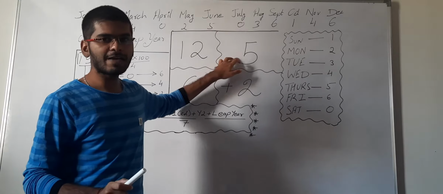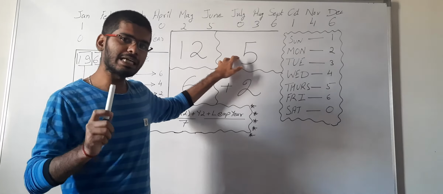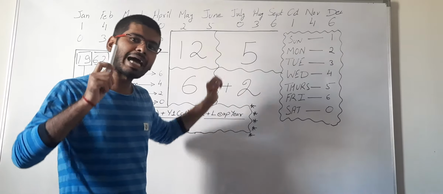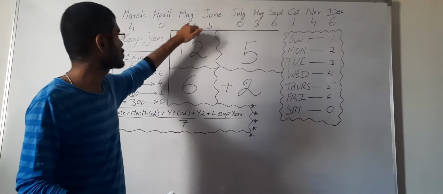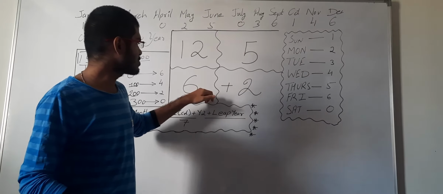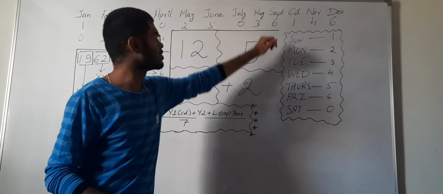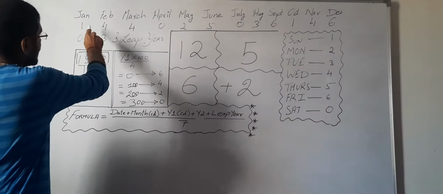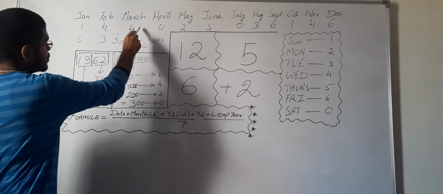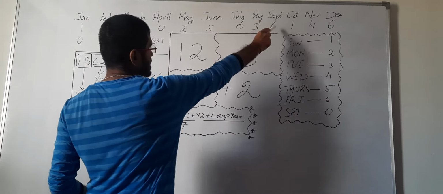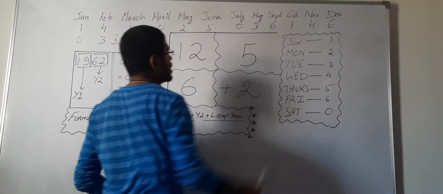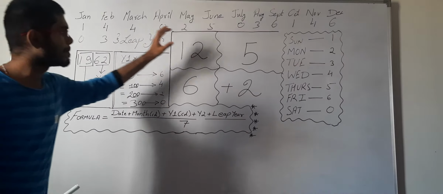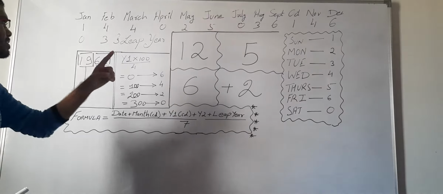Now when we have 5 square, there is a hint in it and we need to remember that we need to add a 0 before 5 square. So we get 025. Same as with 6 square, we need to add a 0 and then we get 036. So we have the codes as 144, 025 and 036, and upon adding 2 to this 144, we get 146. So we have the codes for all the months in a year, that is from Jan to December.